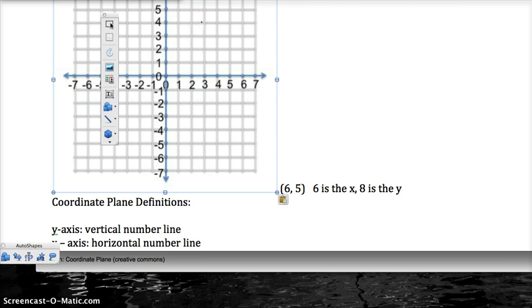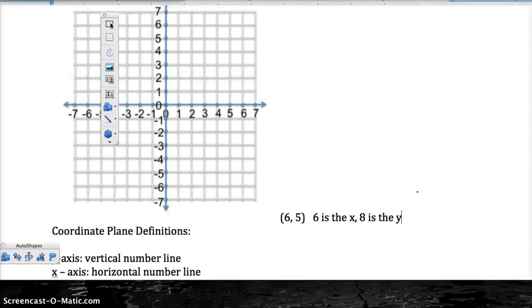If there's a coordinate point right here, and in your homework it asks you which coordinate is this one right here, and so you would go over 1, 2, 3, so your first number would be 3, and then you would count up to see where you are on your y line, or you can just slide over to check this number right here. So this point is point 3, 4, and when you're writing your answers,